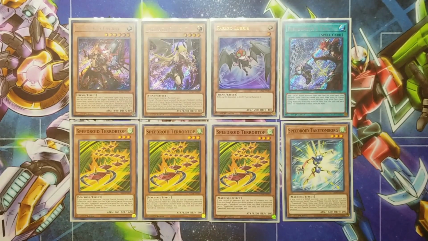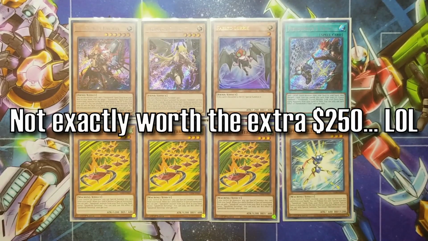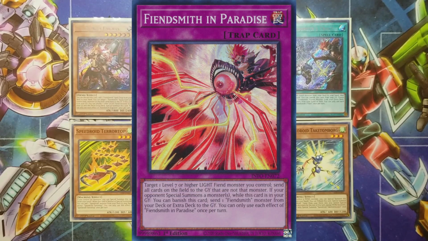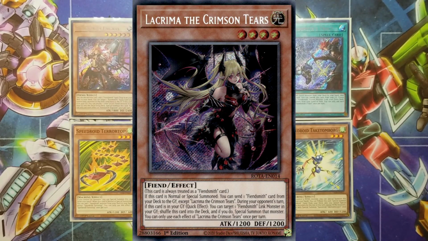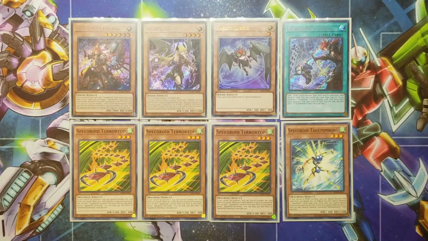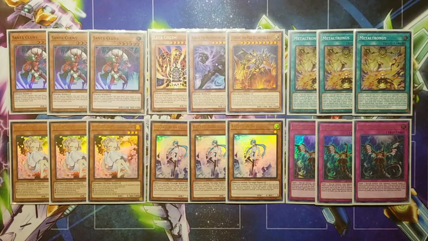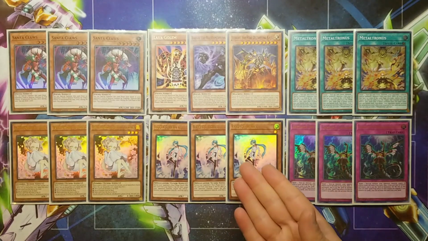And with access to the full package of Fiendsmith cards, that will give us 9. By the way, you could consider including a copy of Paradise, but unless you're playing more copies of Lacrima the Crimson Tears, which I wouldn't really recommend in this build, I personally don't think it's worth introducing another potential brick. Honestly, if we wanted to include a brick, I'd probably sooner try and fit in the Armored Xyz package before I go for Paradise. Next, we've got 18 non-engine, an even split of 9 board breakers and 9 hand traps,